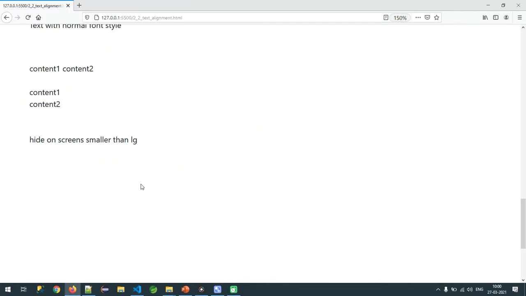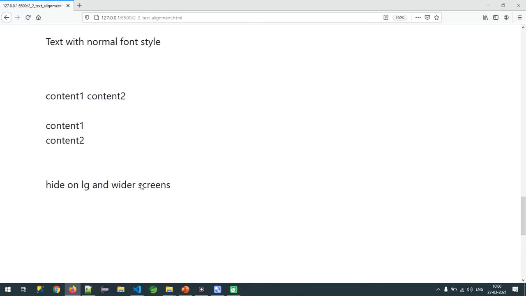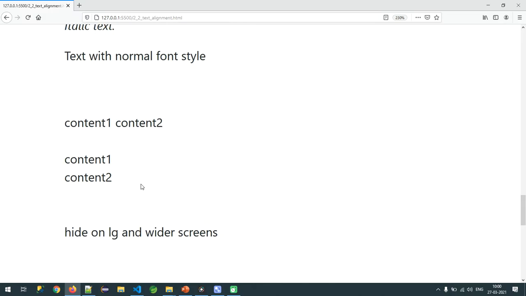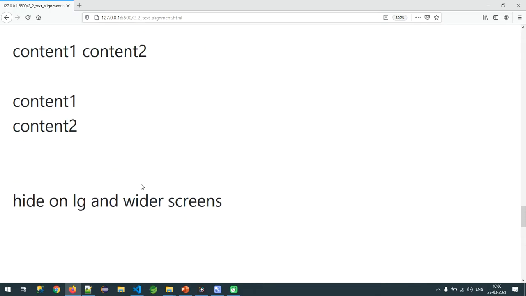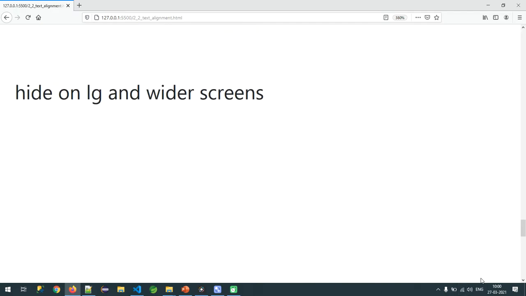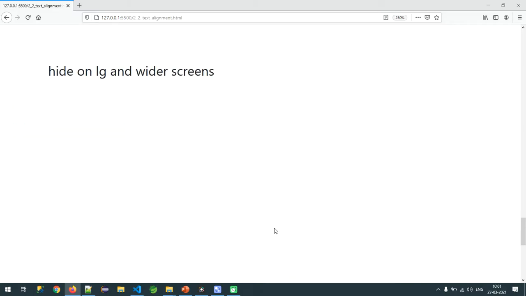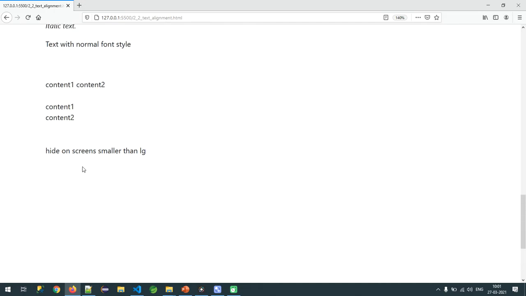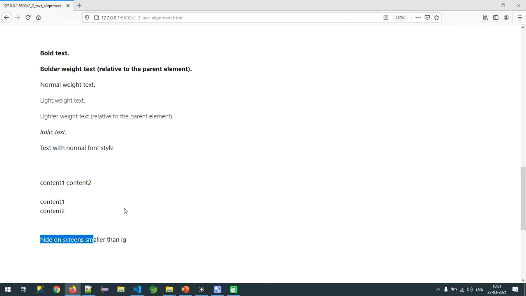So observe, if I scroll down, yes, see here, it is hidden on screens smaller than LG.